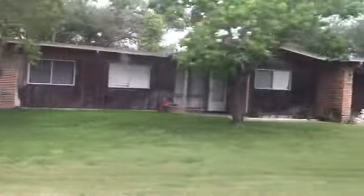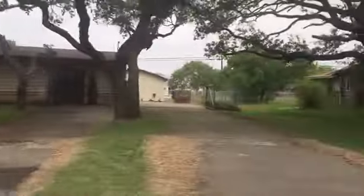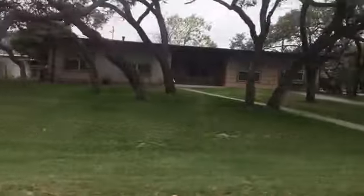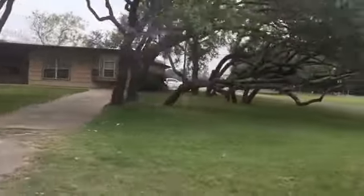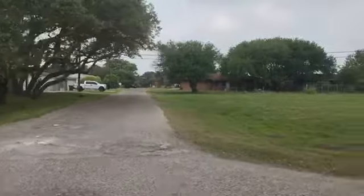Again, larger lots, nicer homes. I mean, it's not Bel Air, but it's a decent neighborhood, and Ingleside on the Bay is kind of a cool place. It's got the beach club down at the end of the road with a fishing pier and a clubhouse and a pool and a private beach if you want to join that. When I was there a couple of years ago, it was $600 a year to be part of that. But it's a decent,